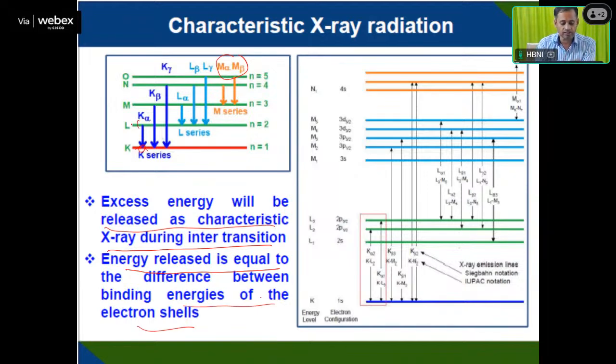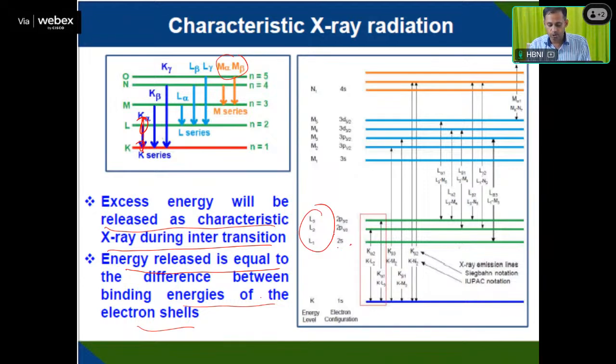Like here, the electron from here and here, whatever that binding energy difference is, that energy is released, and that energy is the characteristic phenomenon. You can see, in addition to K alpha, K beta, K gamma, that the L shell has a